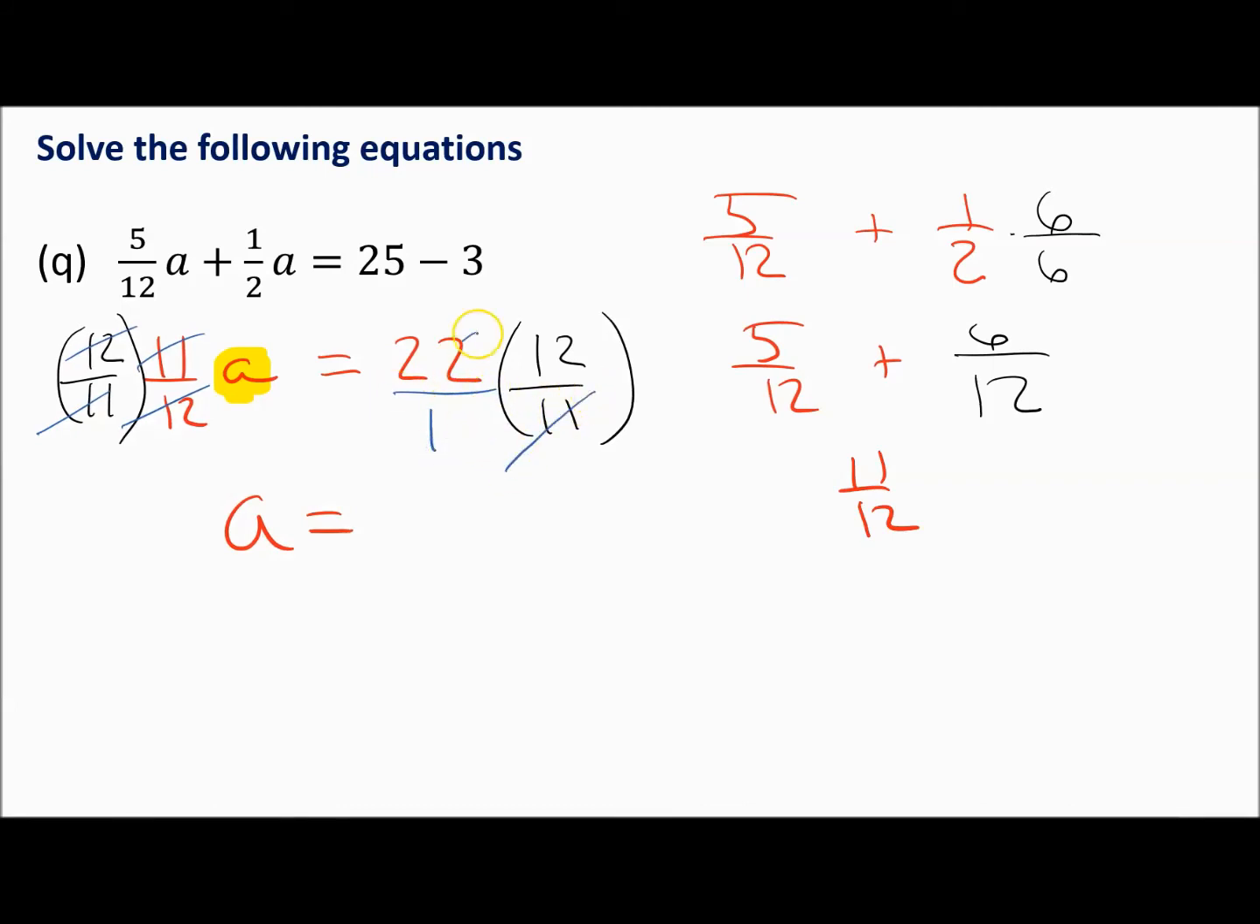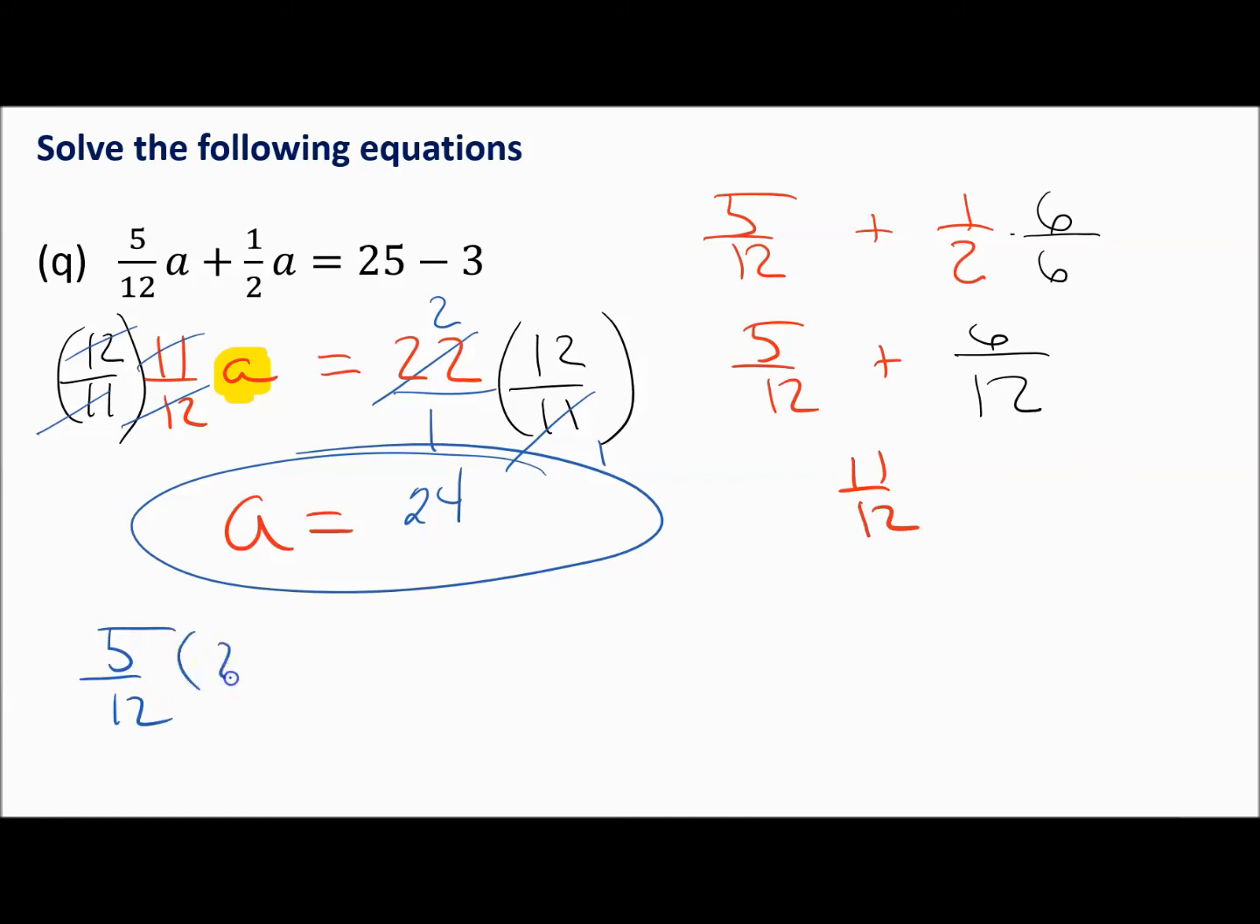I can say 11 goes into 22 2 times. Numerator times numerator is 24. Remember, that's a 1 down there. Denominator times denominator is 1, but I don't have to put that over 1 because 24 over 1 is just 24. And again, I could check it by plugging in 24